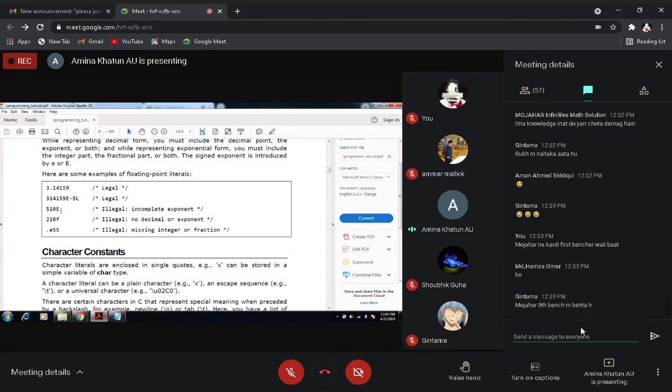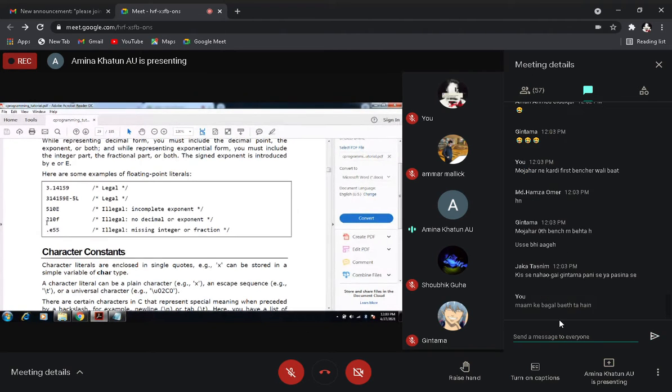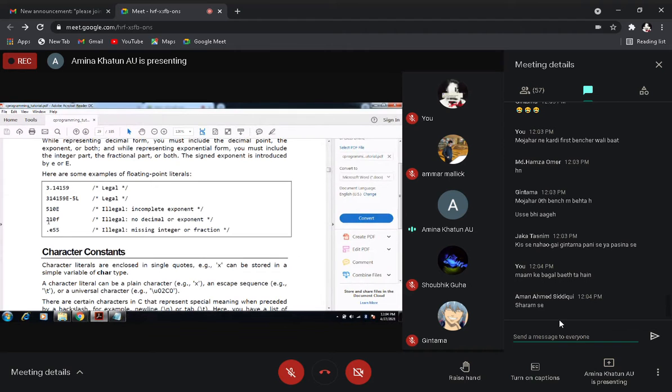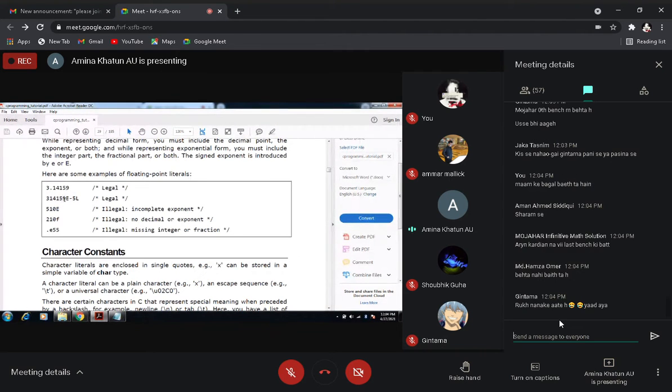Because it is an incomplete exponent; we have not given the exponent power. 210f is also invalid. Why? Because there is no decimal or exponent part. Next, .e55 is also invalid. Why? Because it does not have an integer part. So some are legal floating point literals and some are illegal.